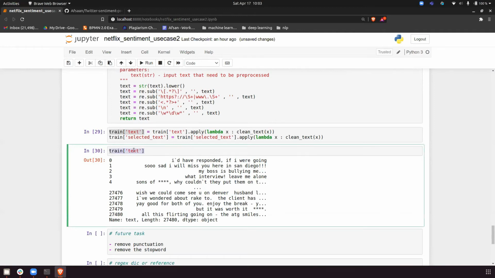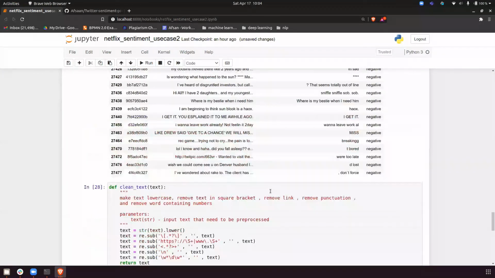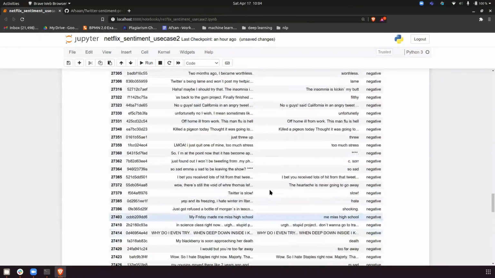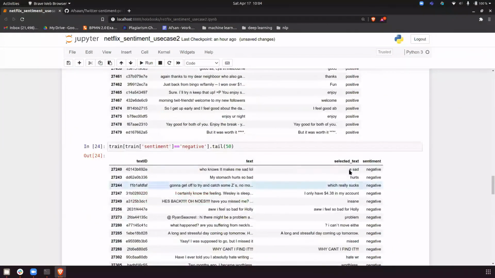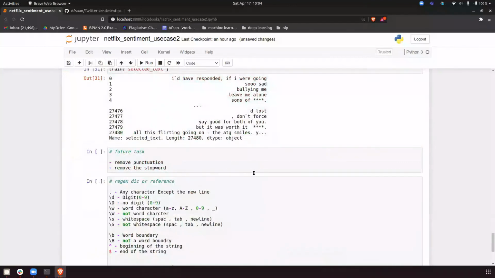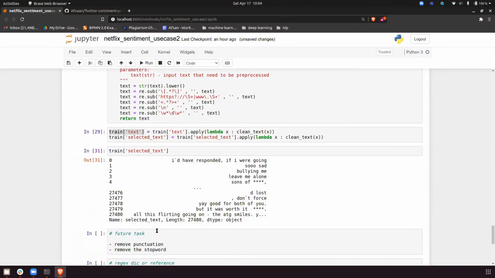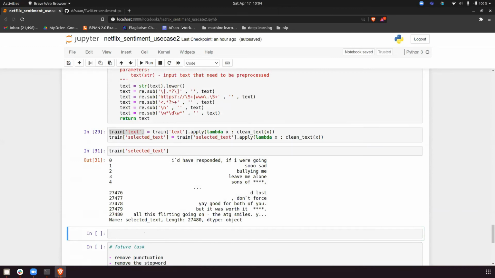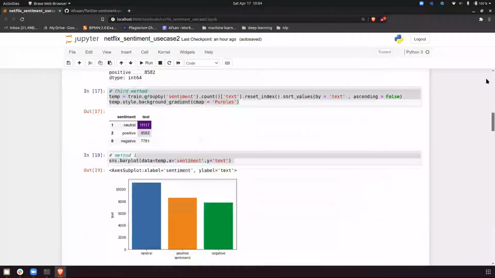Okay, so text we have, then let's see selected text. Let's see if data is cleaned or not. This is negative, right? Okay, my bad. This is a train data, and initially I will go and check because everything is gone, right?